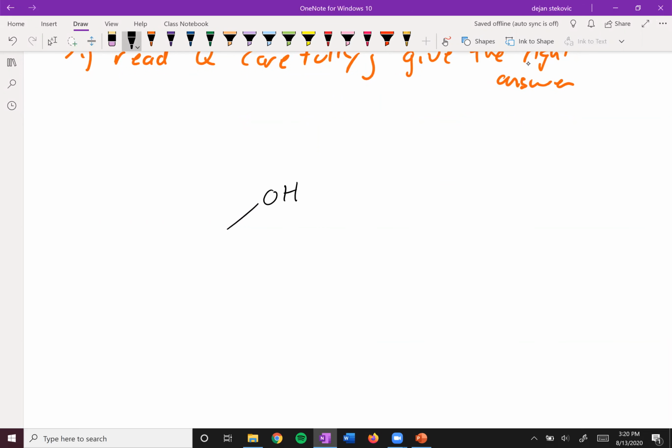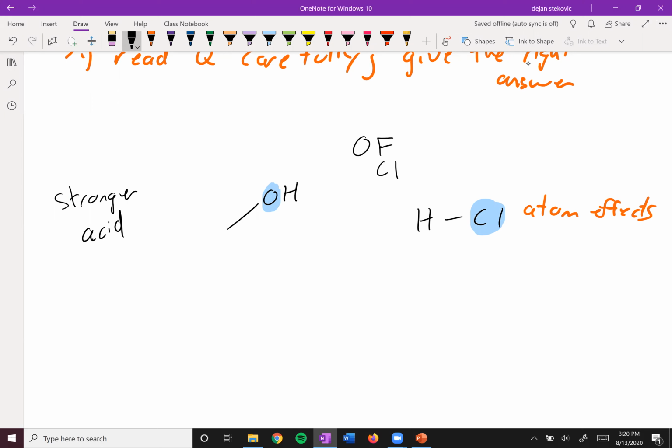So here we have this guy versus HCl, right? And the question here is, which one of these is the stronger acid? And so the first thing we want to identify is what's different about this, right? Here we have an OH bond, so we have an oxygen next to the H. Here we have a chlorine next to the H. And so what we're thinking about here is atom effects. And if you think about where these atoms are, oxygen is here, fluorine is here, and then chlorine is down here. And so what we're talking about is going down the periodic table,